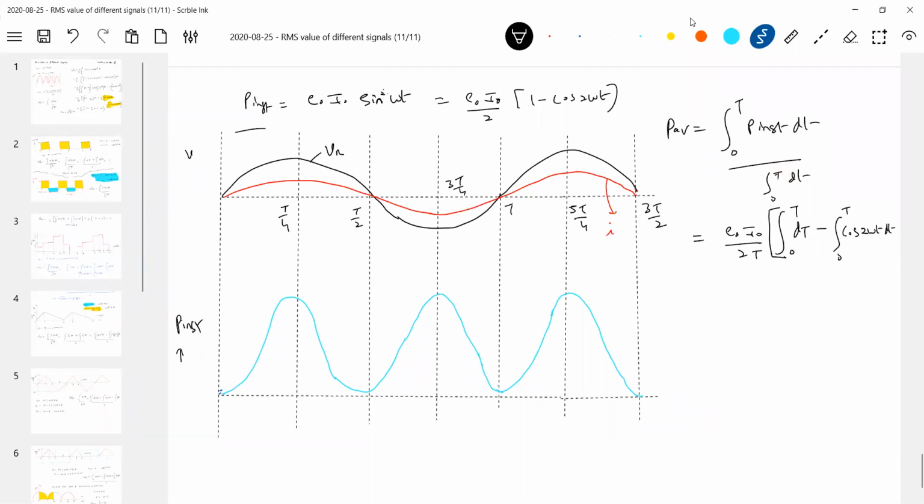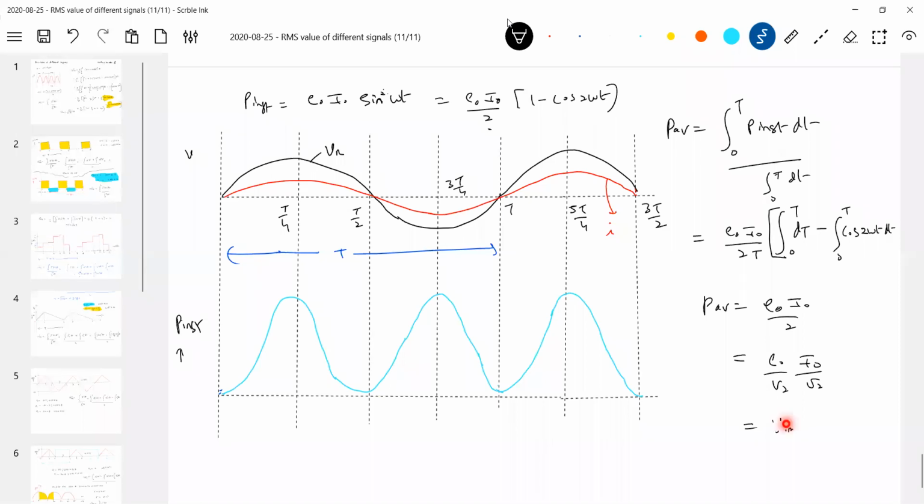What is one cycle? This is one cycle. Already I think you are able to see this. Let me show that one cycle here. This is one cycle. What is the average power? Finally, I am ending up with E naught I naught by 2. What is E naught? E naught should be equal to